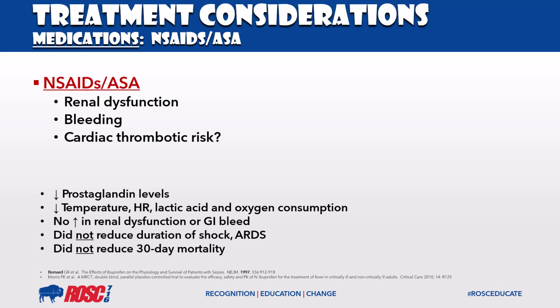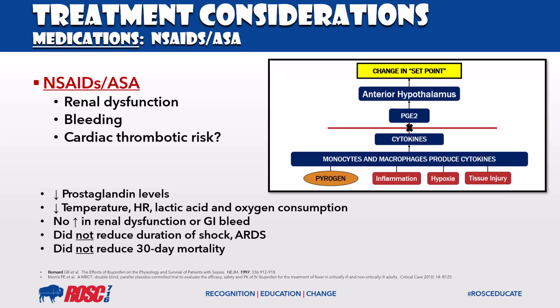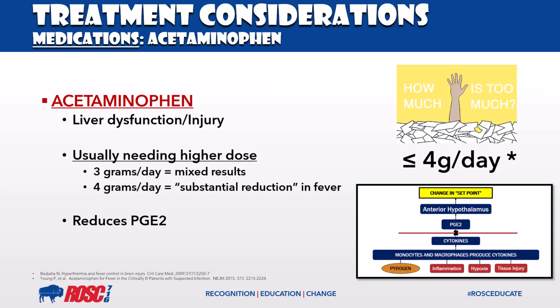And in regards to the paper showing that it decreased prostaglandin levels, well, yes, we knew that. So NSAIDs work off of arachidonic acid, acting as non-selective COX inhibitors, which block prostaglandin activity. If prostaglandin activity is blocked, it doesn't reach the anterior hypothalamus, and the set point is not changed to produce a fever. The next treatment consideration is acetaminophen, and the obvious side effect of acetaminophen that we're concerned about in